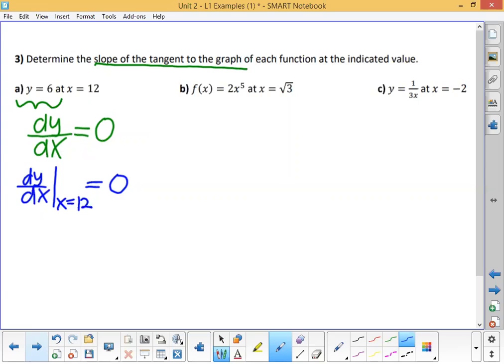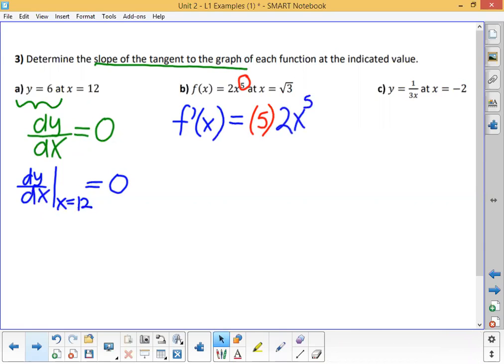Okay, f of x is equal to 2x to the power of 5 at x is equal to root 3. So that means that f prime of x, notice I'm not using dy over dx because my original function is f of x. So f prime of x would be taking this power of 5, bringing it down, multiplying it by 2x to the power of 5, but we have to subtract 1 from my power. So that gives me